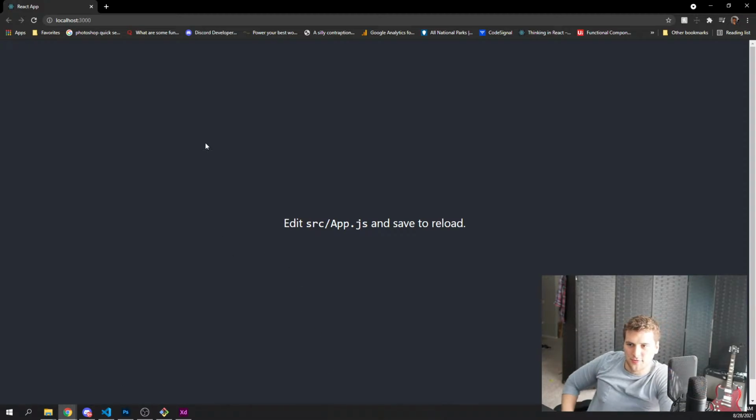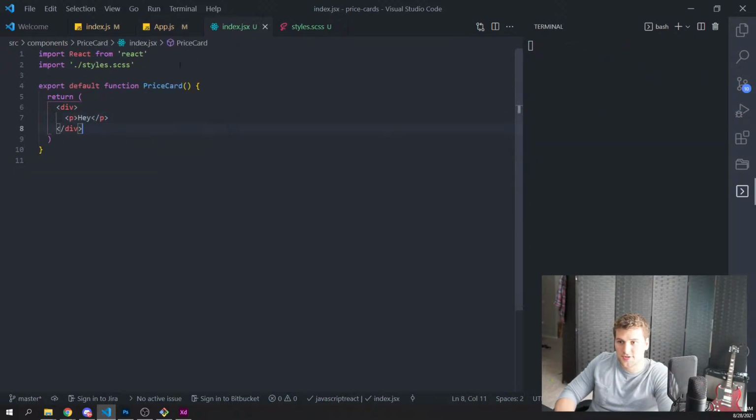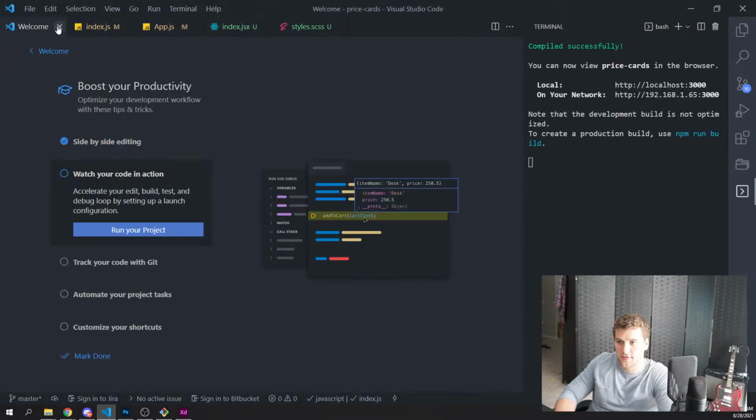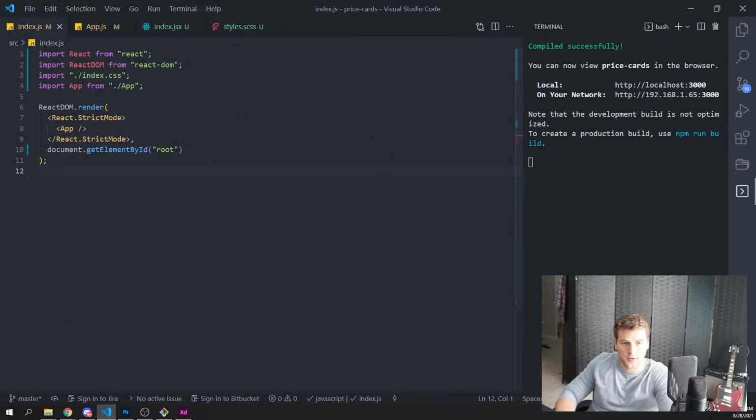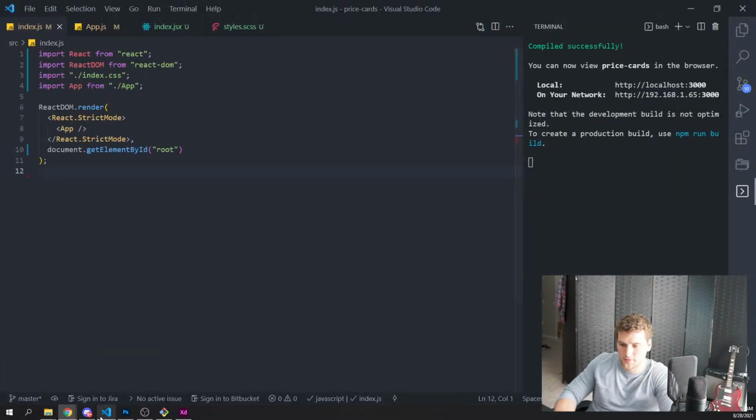I think I do too, but W3 was not saying I do. So edit App.js and save. Did I not save? Save that, save this, save that. I don't need the welcome anymore. No errors in the build here. Edit App.js and save to reload.